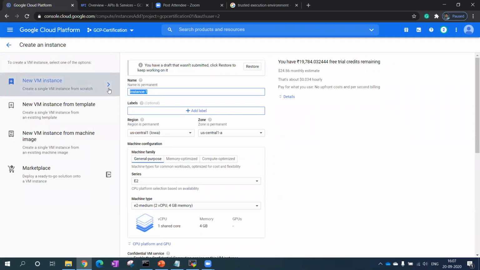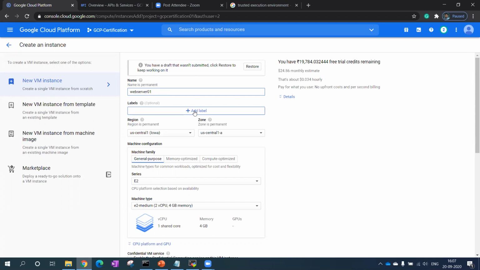For today's example, I'm going to create a web server, for example web server 01, and I have given this name. You need to understand that the name of the server is permanent. Once you give the name to this VM, you cannot change it. Similar thing I have seen in Azure as well. In Azure also, once you give a name to any VM, you can't change it. But in AWS you can change the name of the server. So when you're providing a name, you have to make sure that you are providing the right name, because that cannot be changed further.